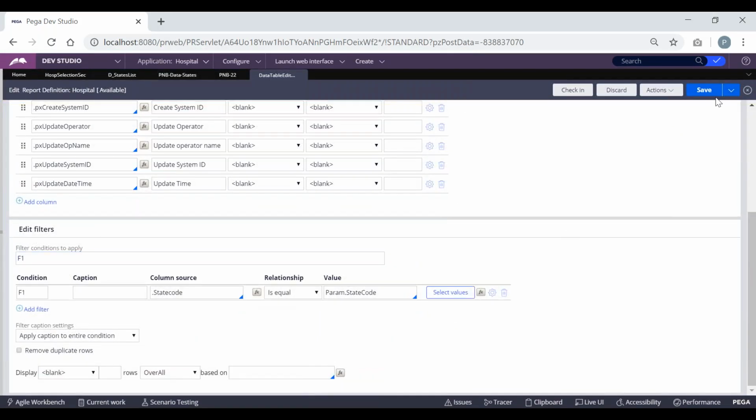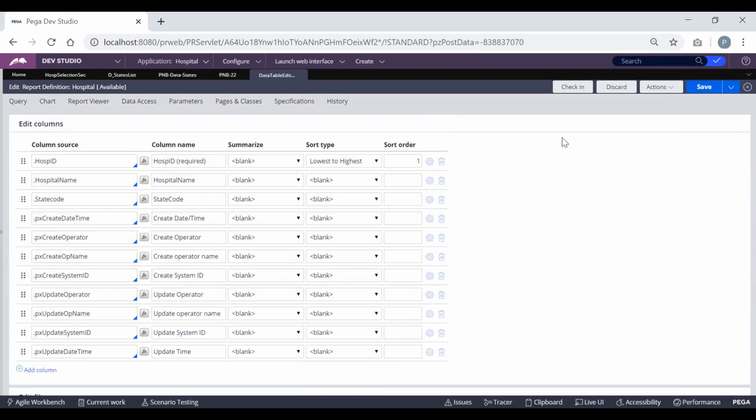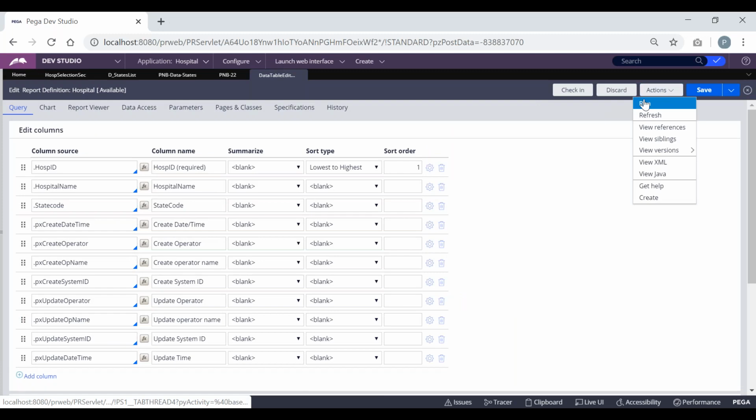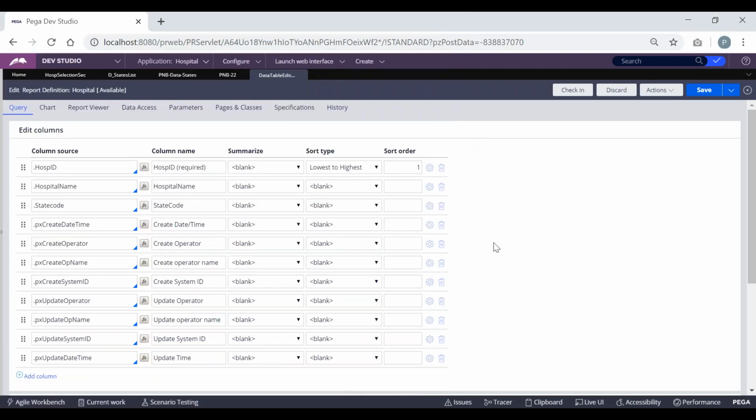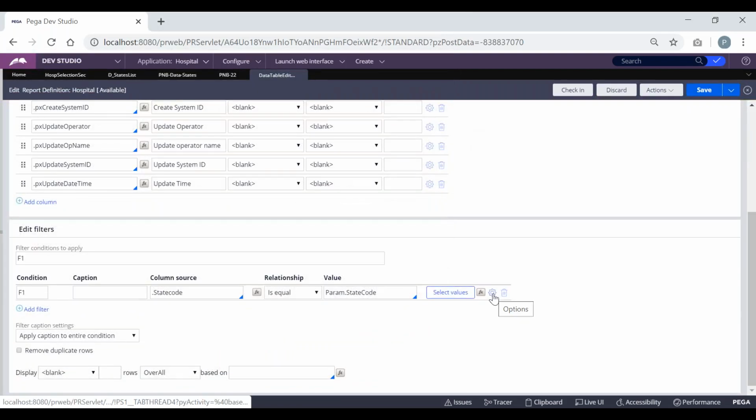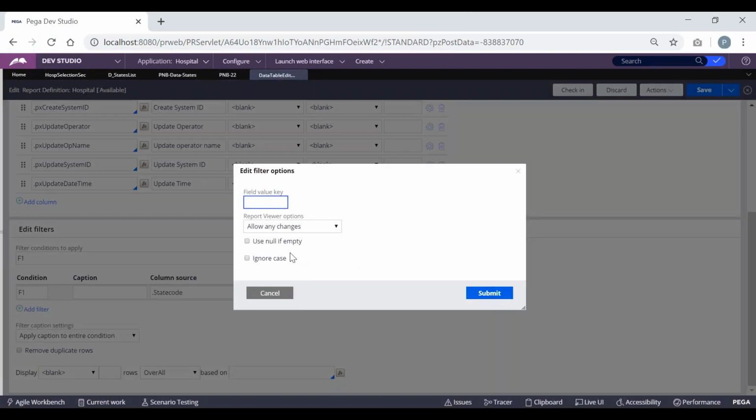So for that, I'll show you. If we try to run this, we are not getting any filters applied. So for that, go to the settings icon. If we click on the settings icon, we have to mark this use null if empty, meaning if no value is passed, we should not show any values.